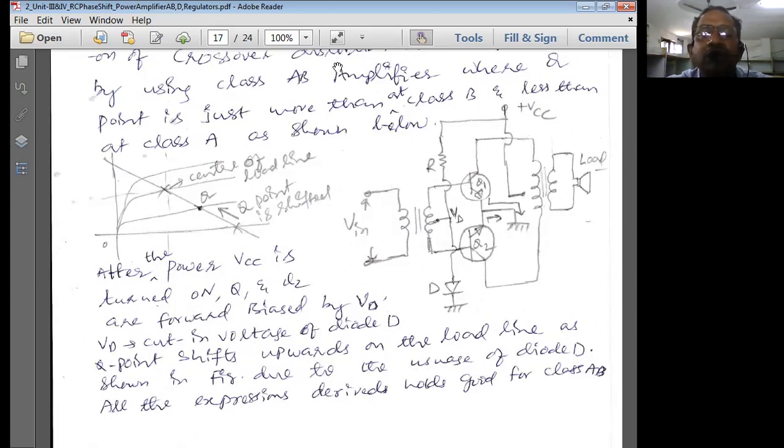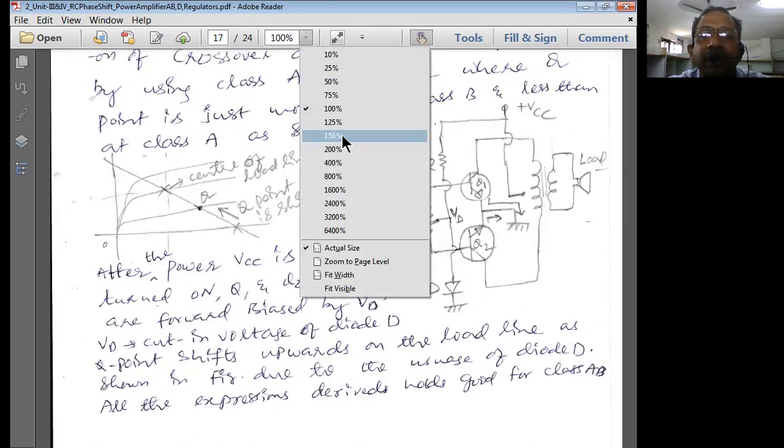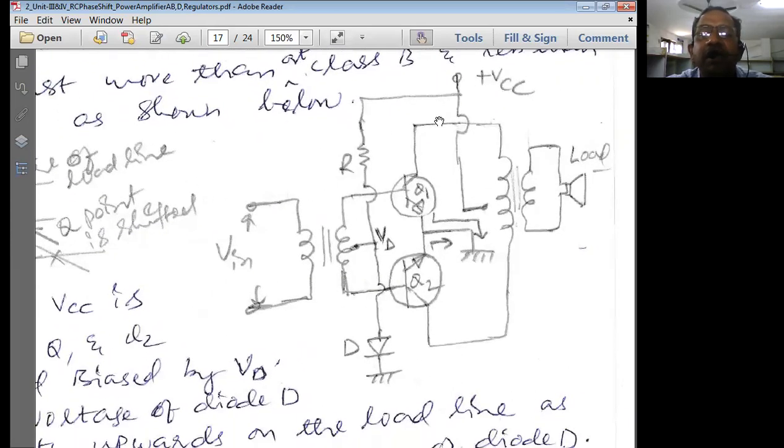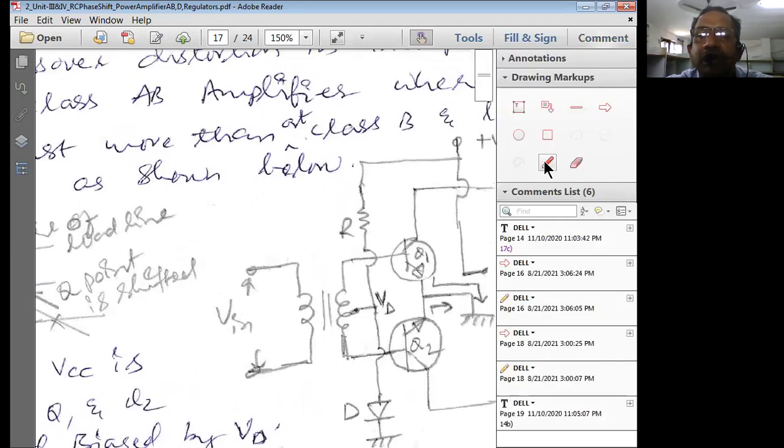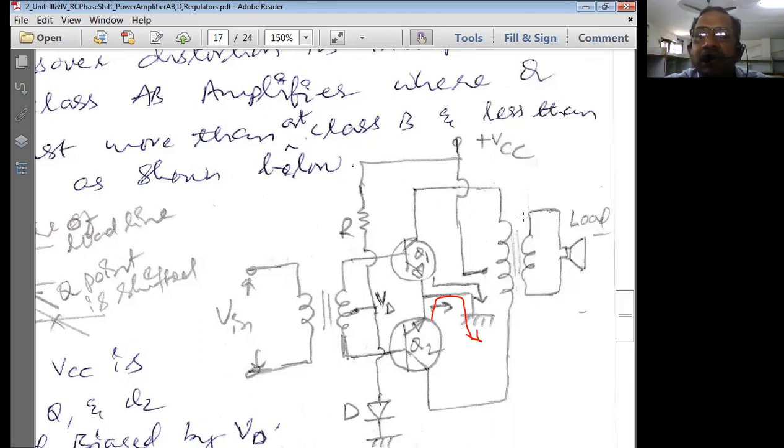So don't get confused with the flow of current. This is important. This is what you would explain in the exam, with the direction of the current. How can we explain the flow of current here? See, when Q2 is on, the current is coming like this. It's flowing like this to the ground. From ground, I'm going to have the current go to VCC, because it is connected to ground.